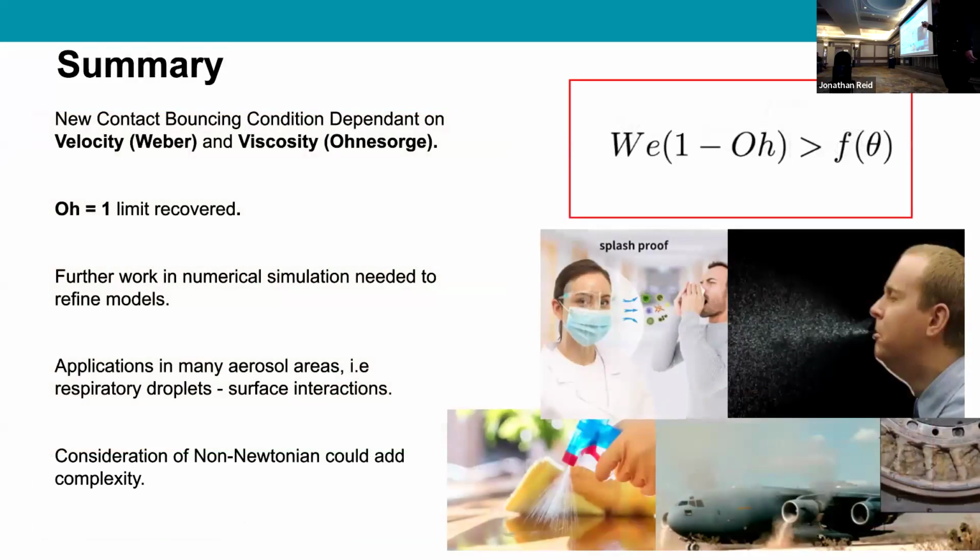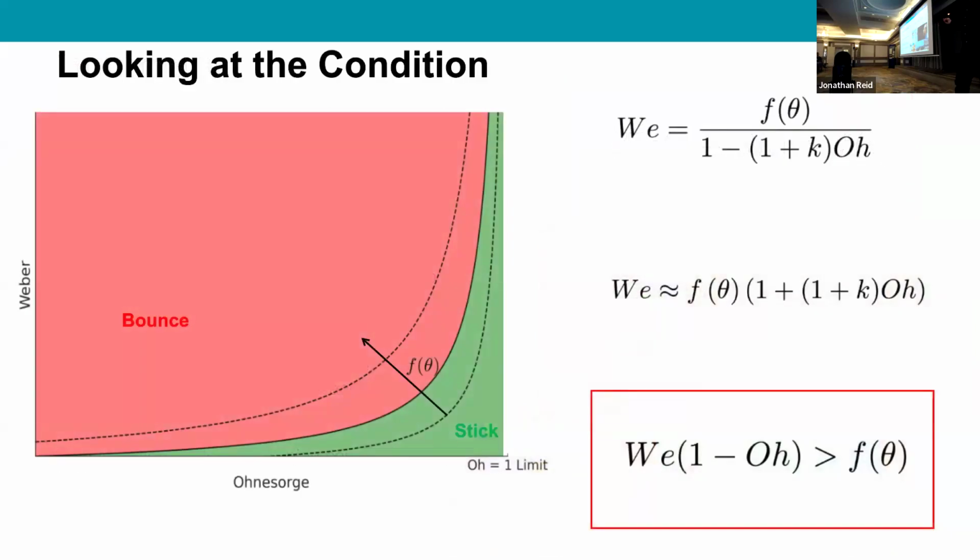So, in summary, we've come up with this new kind of contact bouncing condition that's particularly applicable for microdroplets, dependent on the Weber number, the Ohnesorge number, and our contact angle. And we recover our Ohnesorge equals 1 limit from it, which is good. And we do need to do further work in numerics to refine it and compare it to this model. But you can see all kinds of applications for aerosol impacts, looking at bouncing, say, for respiratory droplets on face shields. And if we wanted to complicate this even further, we could